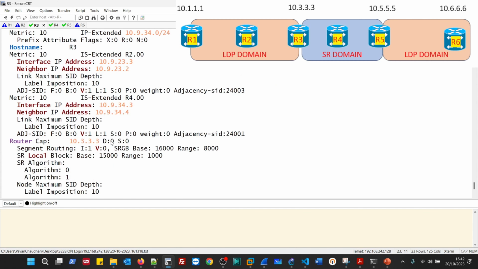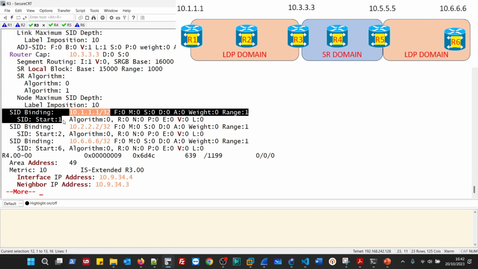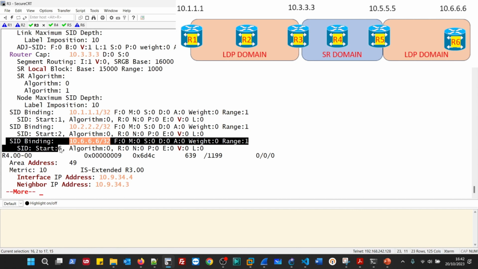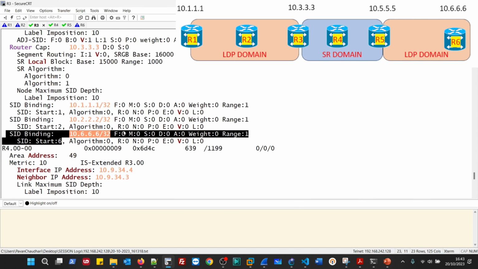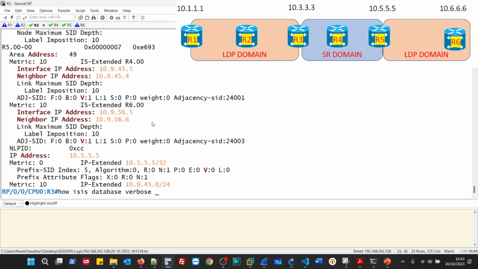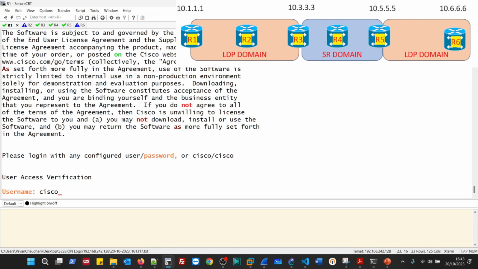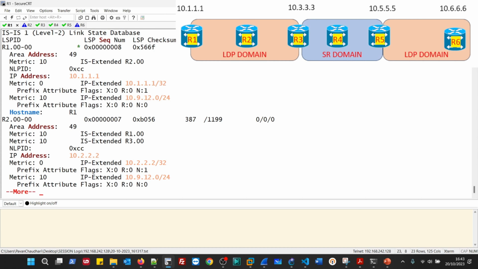advertising it. So the mapping server is R3, so you should get those entries here. So for R1 it's advertising entry 1, for R2 it's advertising entry 2, and for R6 it's advertising entry 6 into the segment routing domain. And if you check this show ISIS database in the LDP domain, you will find that same information there, because the database is the same all across the IGP domain,